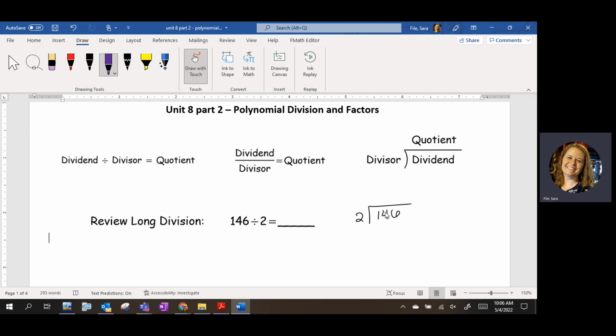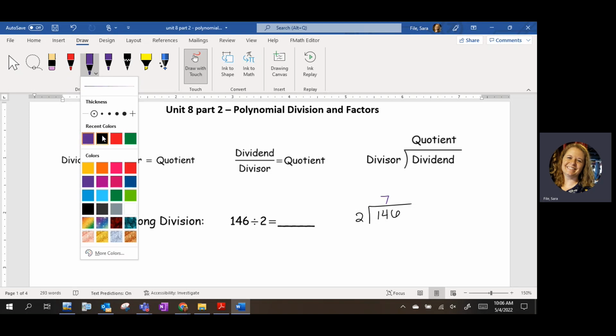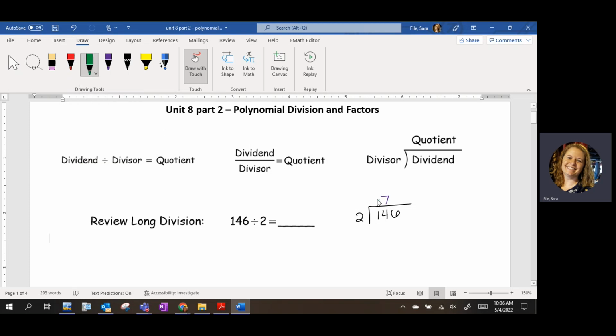So if I want to divide this, I am going to first ask myself, what is 14 divided by 2? And I would put that on top, and then what would I do with that 7? I would multiply it by the 2. 7 times 2 is 14, and then I would put it down here, right? And then what would I do? So I subtract, and that's 0, and then I bring down the next term, and then I do it again,